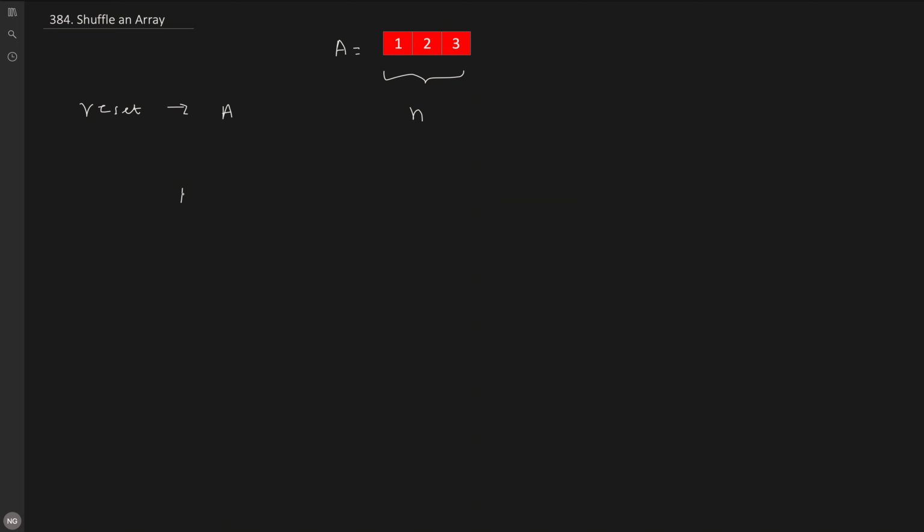In Java we have two options. One is Math.random in the Math class, where we can use the random method of this class. Another is the Random class itself in the Java library, where we can use the method nextInt. In the method nextInt we need to pass the number of elements in the range where we need to generate the random number. So we pass, let's say, some n, and it will generate a random number from 0 to n minus 1.